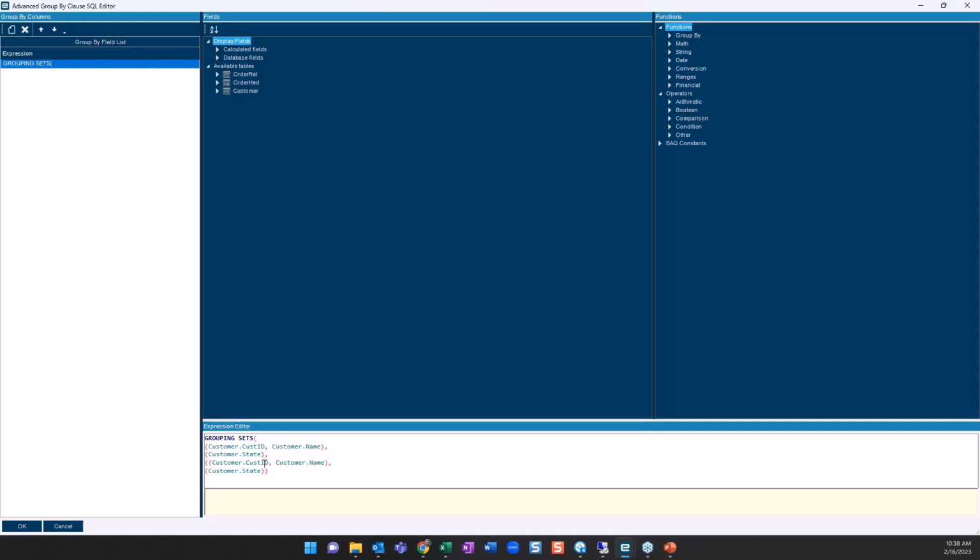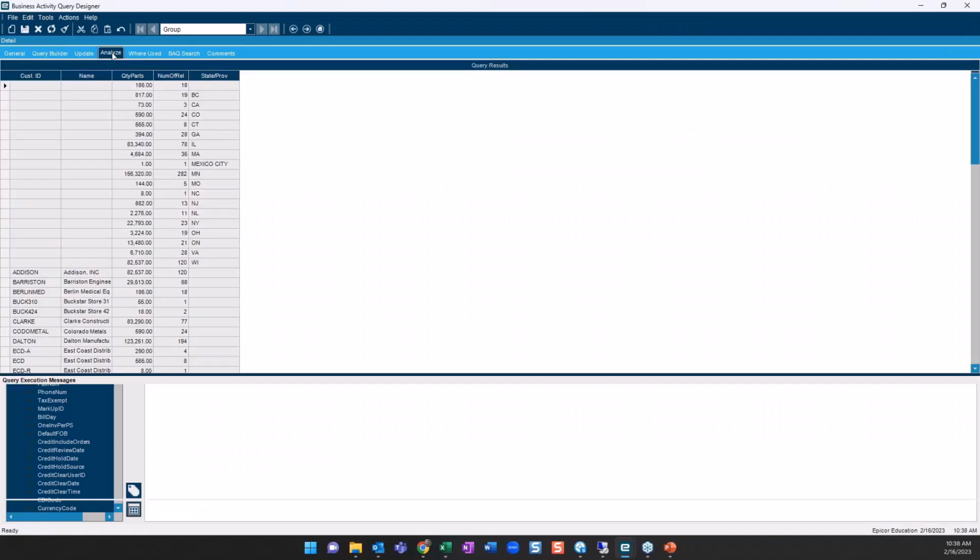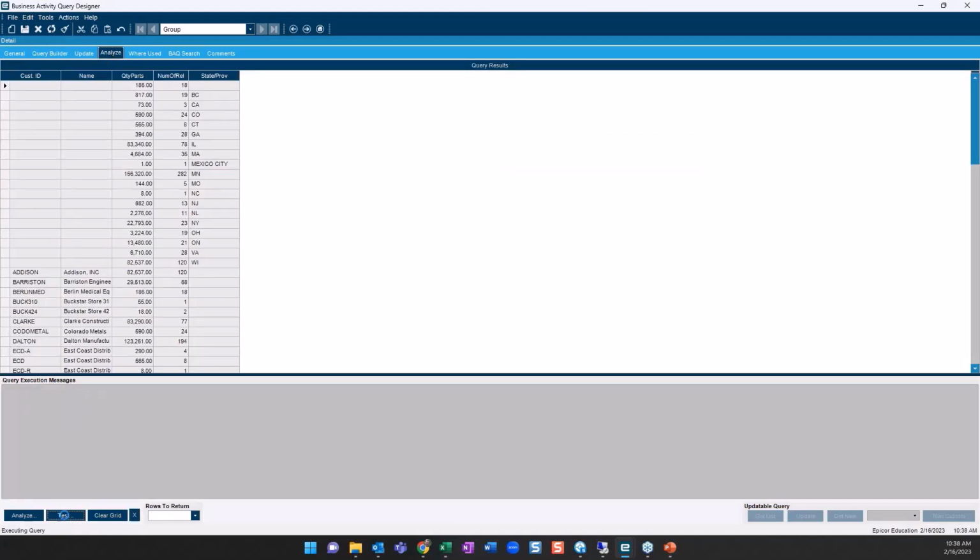And then I'm going to add one more parentheses. Then I'm saying for where all of these are the same, so I'm saying the customer name and the state all in one bucket. That's going to be the grouping, so I'm going to end up with a third type of grouping. So instead of 47 rows,